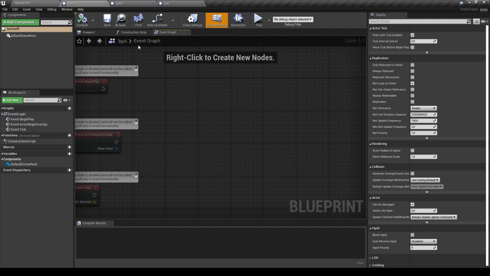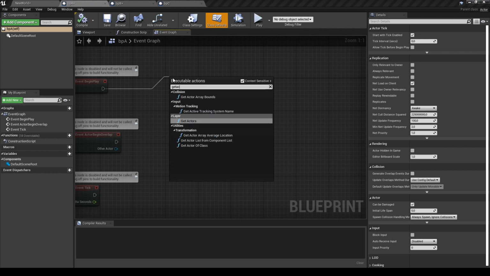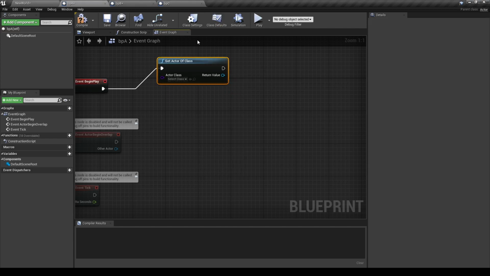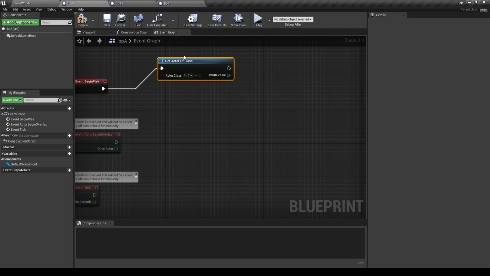So blueprint A wants to communicate with blueprint B, so we want to give a message using the Event Dispatcher that we just defined in blueprint C. In order to use this Event Dispatcher, we need to retrieve it, and for that we need a reference to blueprint C. I will do that by retrieving the actor corresponding to blueprint C. So I use the node Get Actor of Class, blueprint C. This will retrieve the first instance of blueprint C in my level.